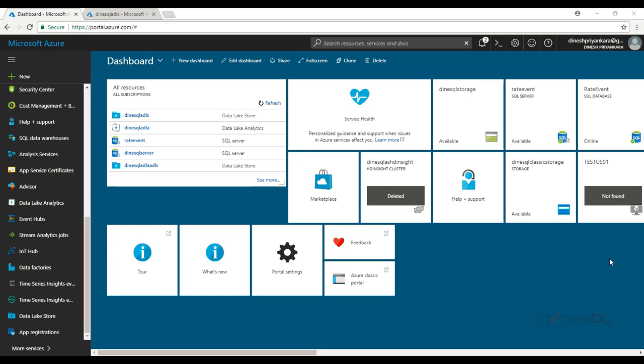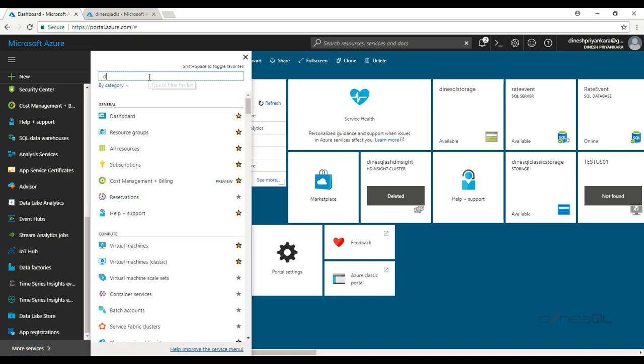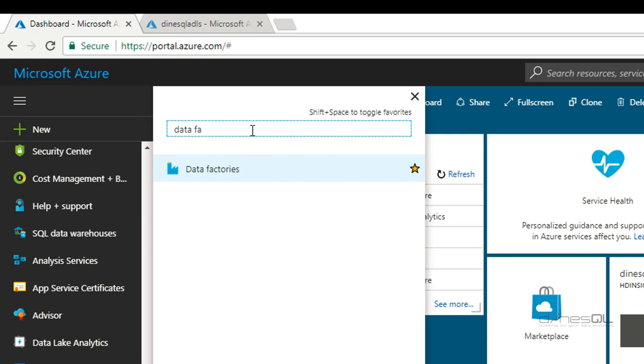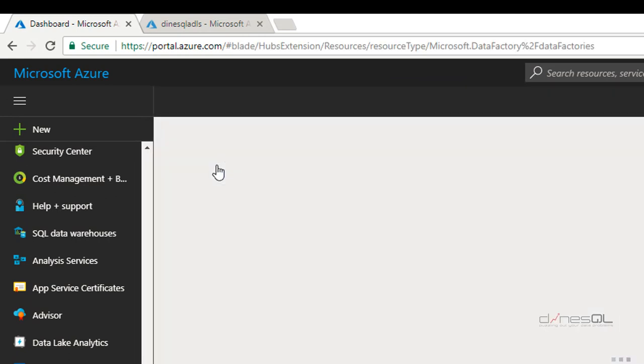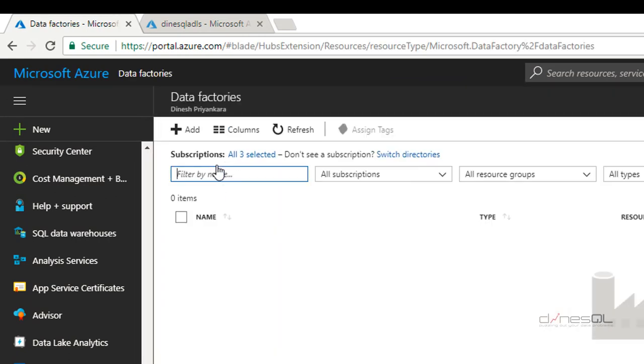Okay, I have logged into my Azure portal. Let me open Data Factory's blade. Now I have already added Data Factories to my favorites. If you have not added it, what you have to do is go to More services and then search for Data Factory and you can get it open. So let me click on this and get it open, and this is how you add a new Data Factory